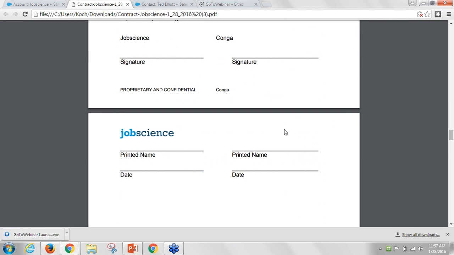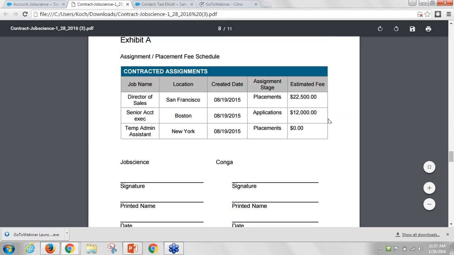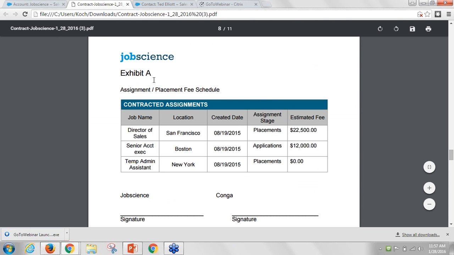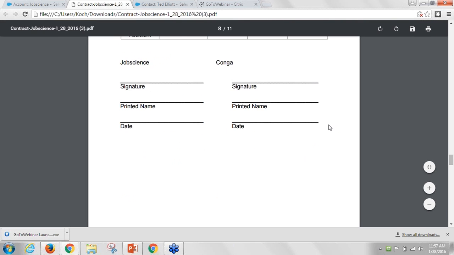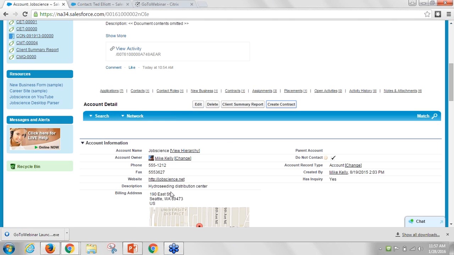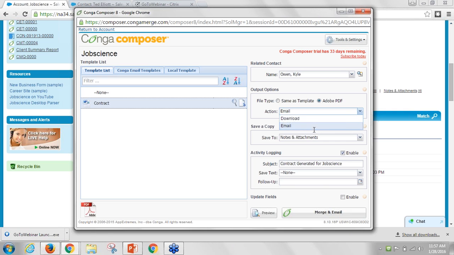So pretty straightforward. Signature pieces we can put in, e-signature tags here for DocuSign, Adobe, Certify as well. Here's some information that's coming from that particular group of assignments that are open for this contract. You could, again, you could generate this from the contract record. You could generate it from an assignment or placement record and gather the information up. It really is very, very flexible to allow you to do that. We'll go ahead and send that off. And in this case, we'll post it to Chatter, and off we go.